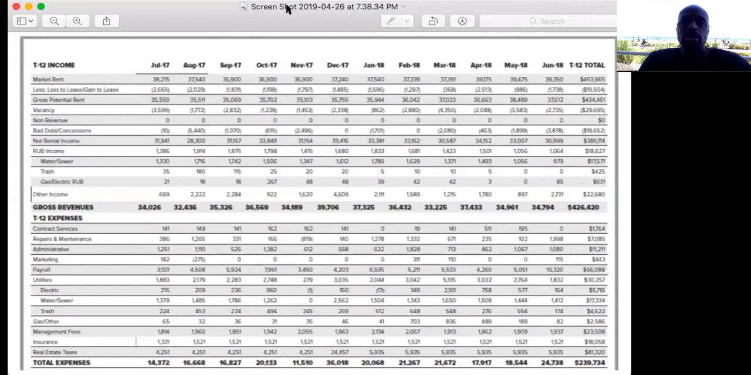A T12 is only something you're going to get from either the broker or the owner. You see it has months on there: July, August, September, October, November, December, and so on. What that's telling you is it's a breakdown of when these things were paid. This has everything to do with expenses. It's a trend when you look at a T12. You've got so much stuff on here, and like I said, I'm going to go through each little piece of it